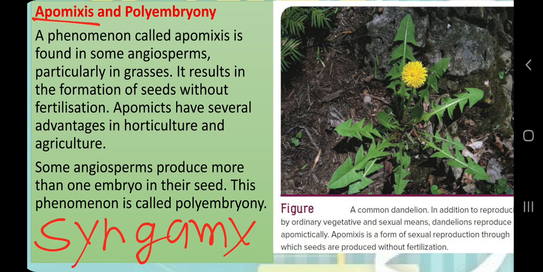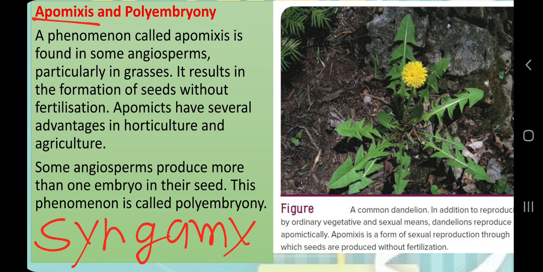the embryo sac is the female gametophyte and the pollen grain is the male gametophyte, and the rest of the structures and cells of the flower are diploid cells. So if any cell apart from the embryo sac develops into a plant, it will be a diploid cell, and that embryo will be called an apomictic embryo, and this phenomenon is called apomixis. It is a very brief topic in class 12 biology, of 1 or 2 paragraphs.